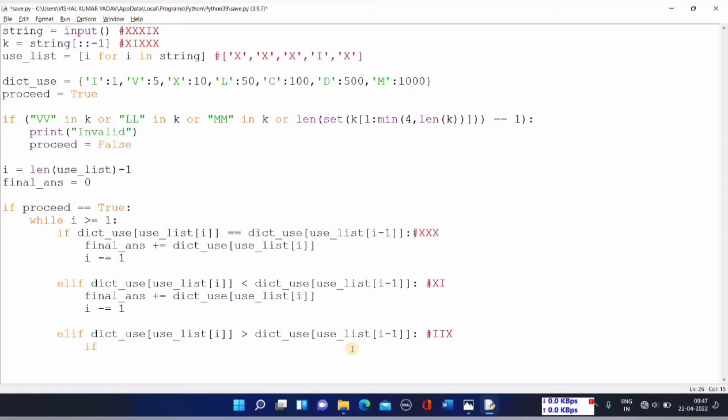So let me write it first. -1 -2. What does this mean? See, over here suppose the value of I is 2, so this is my second index, and I minus 1 gives you what? 2 minus 1 gives you 1, so the value of this is greater than this. Similarly, the value of this is equal to the value of this. Okay, so it satisfies this condition. Then in this case what I have to do? In this case my final answer will be